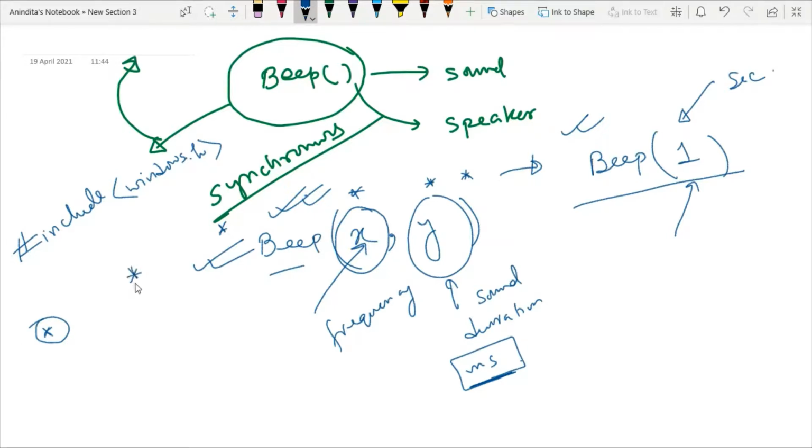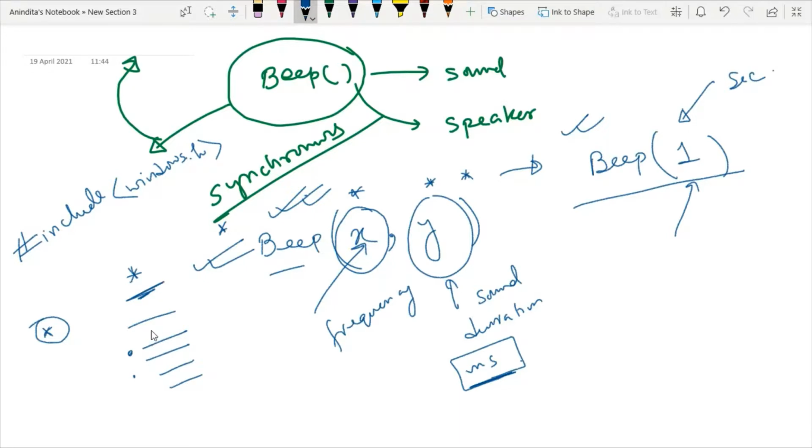This beep sound is very useful during the debugging process or finding errors in a specific program. Whenever you have long lines of code, at whichever position is prone to error, you can add a beep sound that will identify your error. So this is one of the applications.